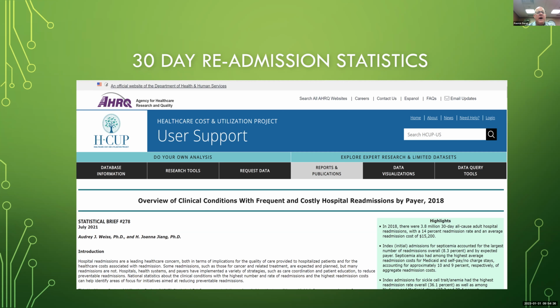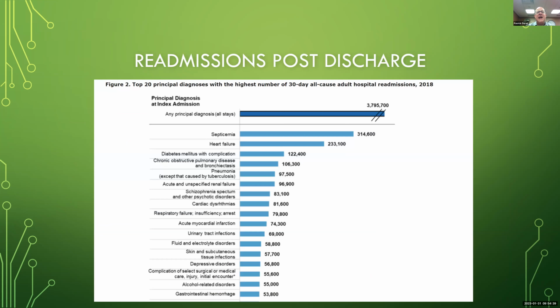But we looked at the data from 2018, and this was based on a retrospective study of insurance data, and they looked at